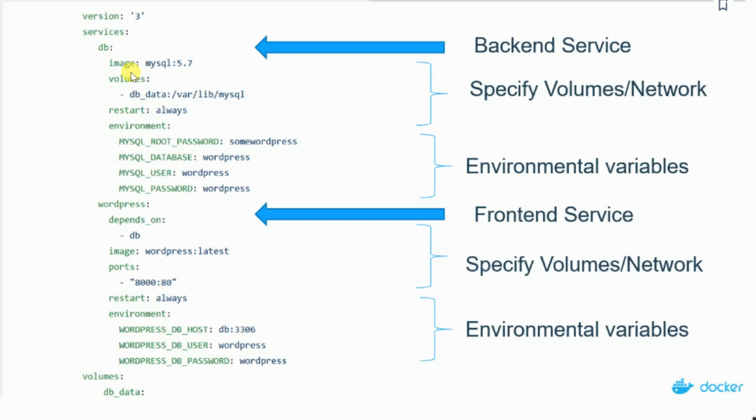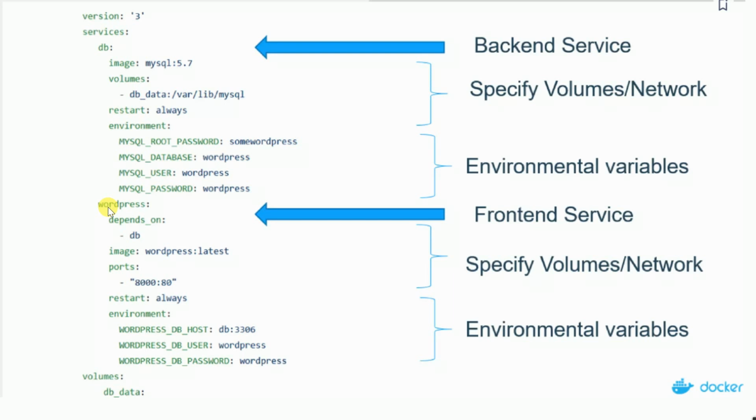If you remember in the Dockerfile, we provide a FROM argument to have an image. Then volumes, db_data will be /var/lib/mysql. Whenever I start Docker Compose, it will automatically start it. Environment variables: MySQL root password, database user and the password.